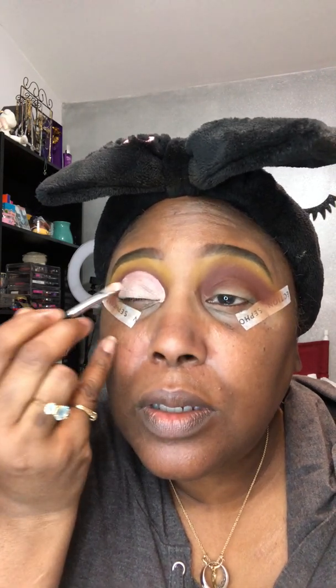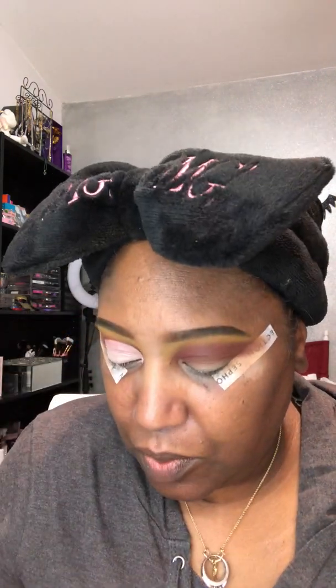Because if not, you'll have clump. Your eyeshadow will look clumpy. All right, and I'm going to go back in with my little sponge and pat it in because I want it nice and smooth. Now another little trick is on the end, I just drag my shadow color that I already used into that area, and it kind of transitions that little area a little better. All right,